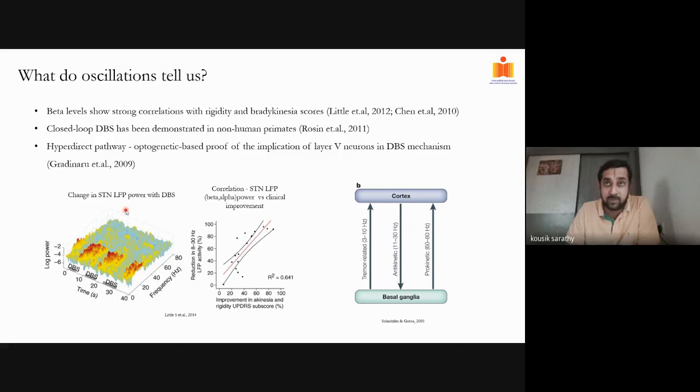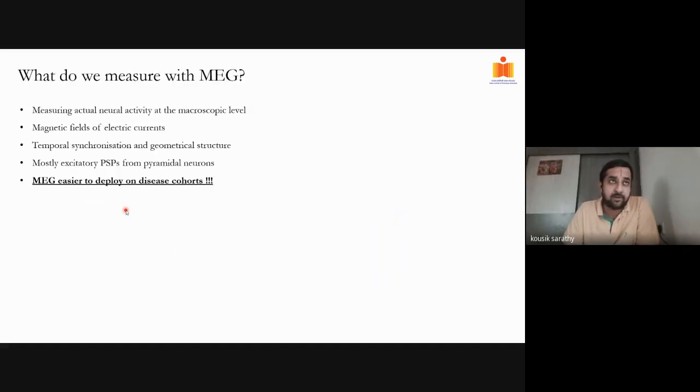And for this purpose, we used MEG, magnetoencephalography. We all know about EEG. EEG is basically picking up changes in biopotentials on the brain scalp. Magnetoencephalography is trying to pick up the magnetic field of these electric potentials or electric fields. Whether it is EEG or MEG, it is going to typically pick up the EPSPs, the excitatory postsynaptic potentials of the pyramidal neurons.